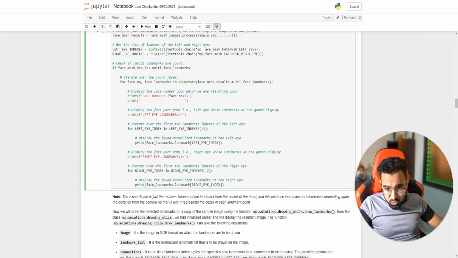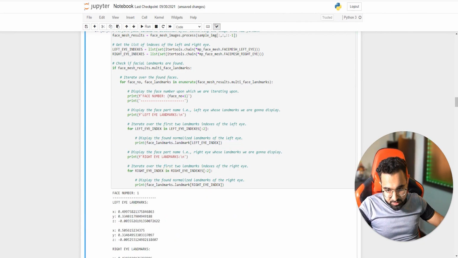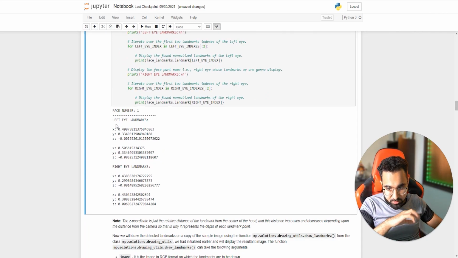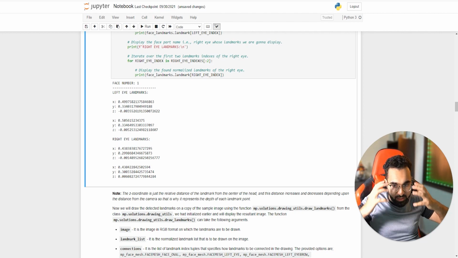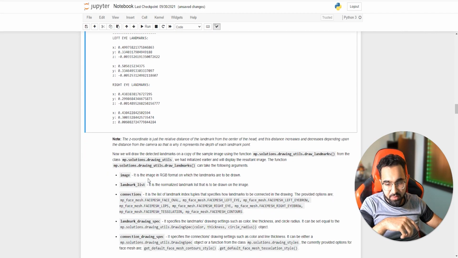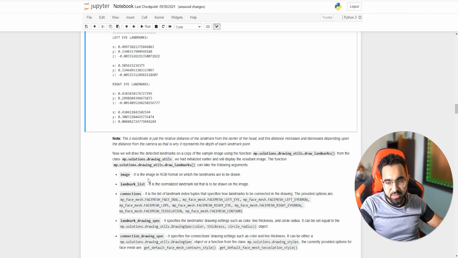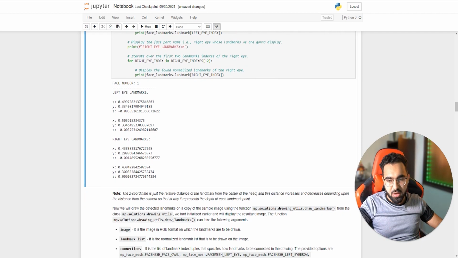So after I'm printing out these left eye indexes and the right eye indexes, I'm only printing out two coordinates. For the left eye landmark points, I'm just printing out the first two coordinates, 1, 2, and again for the right eye landmarks, I'm just printing out 1, 2. As I said, there are 5 to 6 parts in the face: the eyes, the eyebrows, the lips, and the oval. And this is how this is distributed. I think there is also the facial mesh contours. So these are the individual parts, and for each part there are multiple indexes. And I'm just selecting these two parts and printing out two indexes.